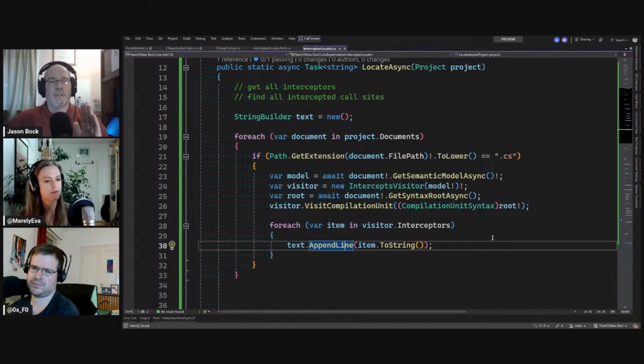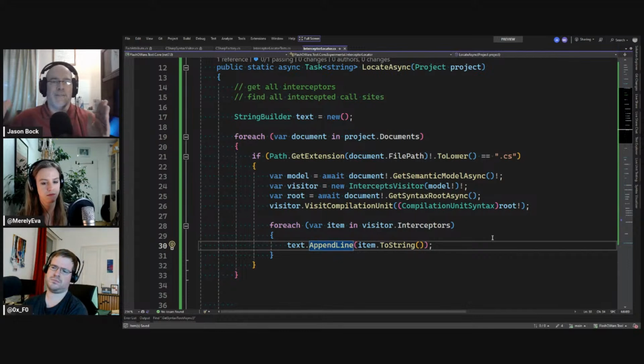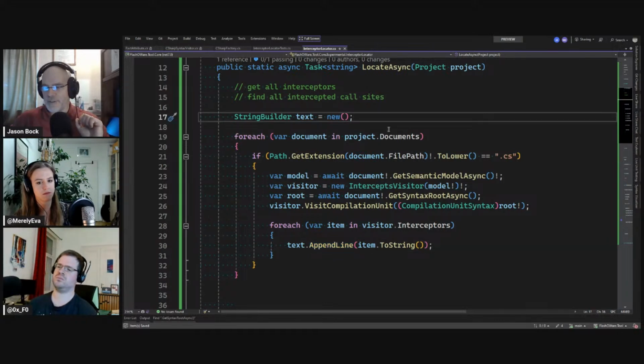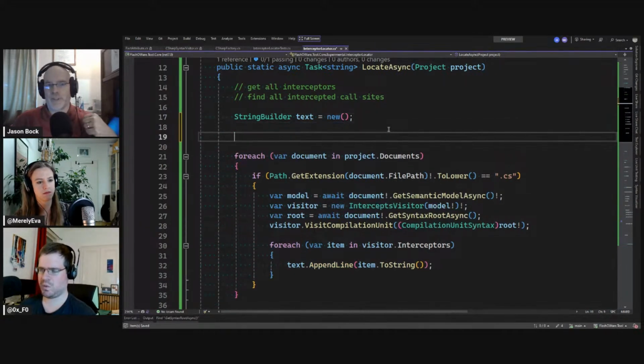Now what you need to do is go through them again and say, for each document that I found that's intercepted, go to this point in the code and tell me what I'm about to intercept, if that made sense. So you have to unfortunately do this twice, I think.